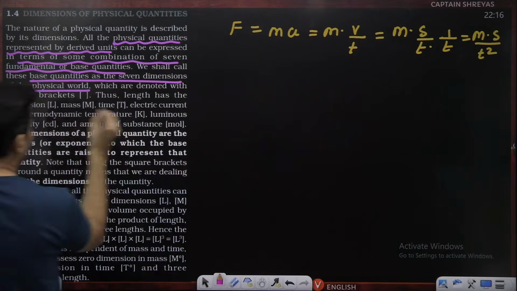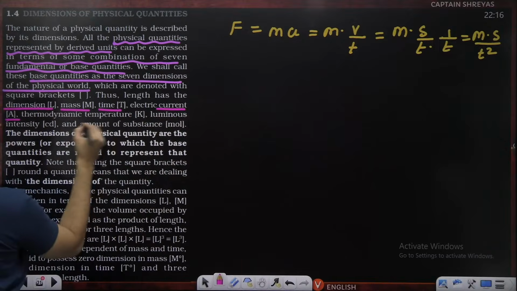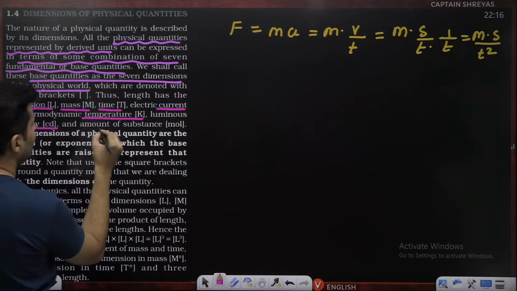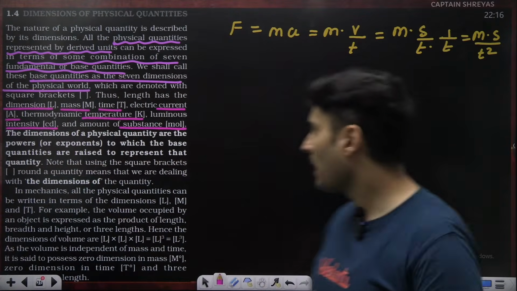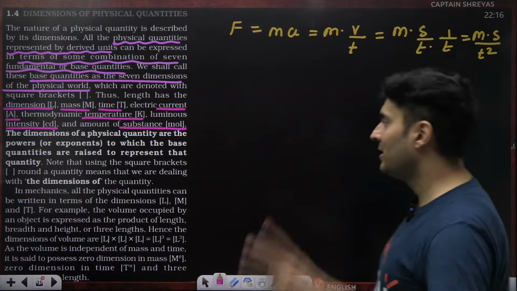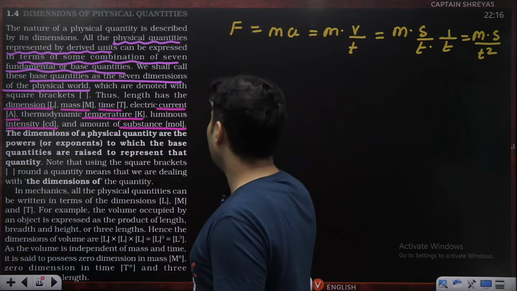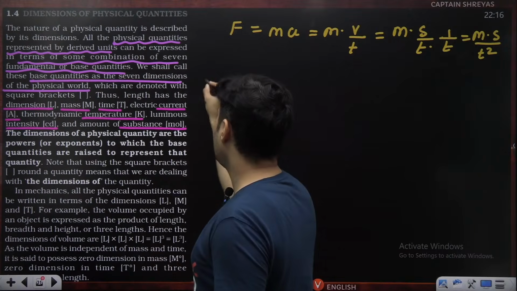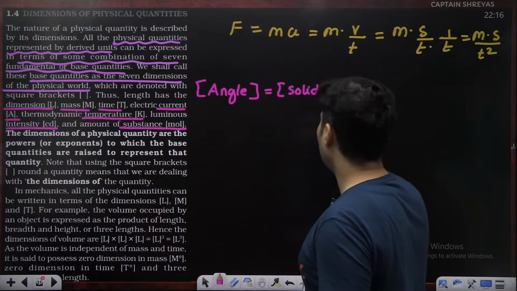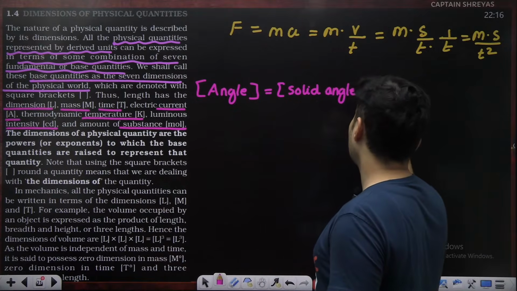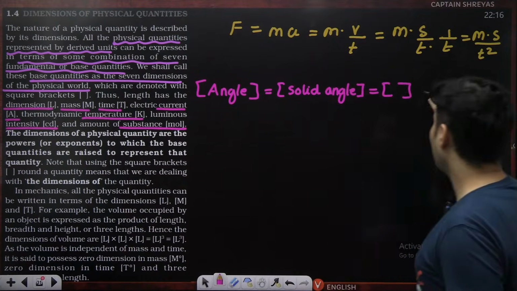Very, very important. So what are those 7 dimensions? Length, mass, time, current, temperature, luminous intensity, and amount of substance, which is basically mole. These are our 7 dimensions. Now, I know you might be thinking, sir, there were 2 more units. Sir, what about angle and solid angle? Remember, the dimensions of angle and solid angle are both equal. And you know how much it is? It is this. Like, sir, what is the symbol? There is nothing in it. It is dimensionless.